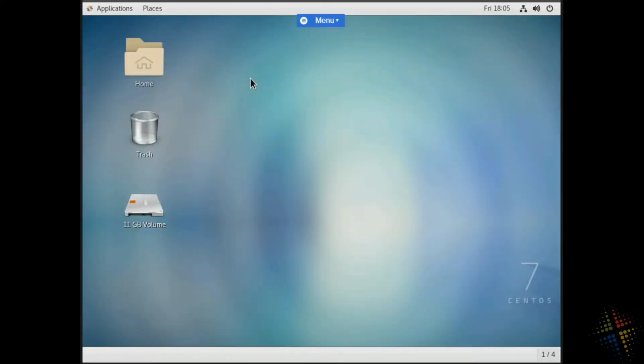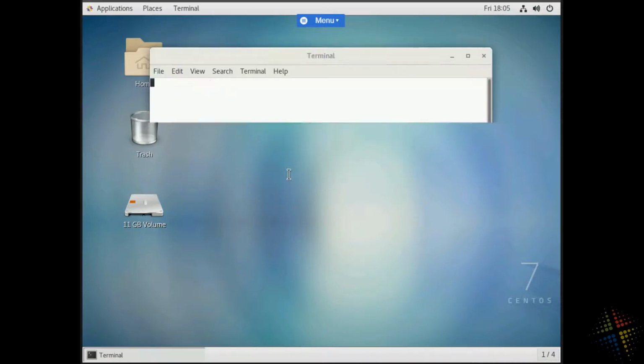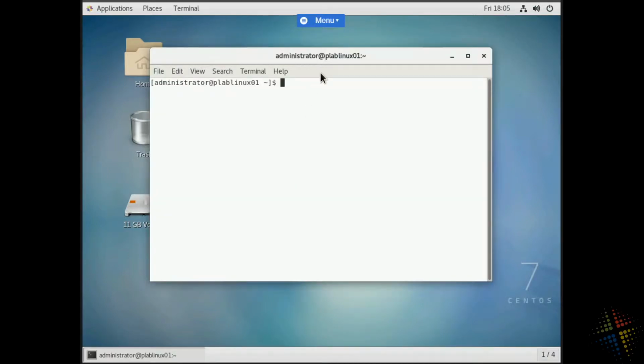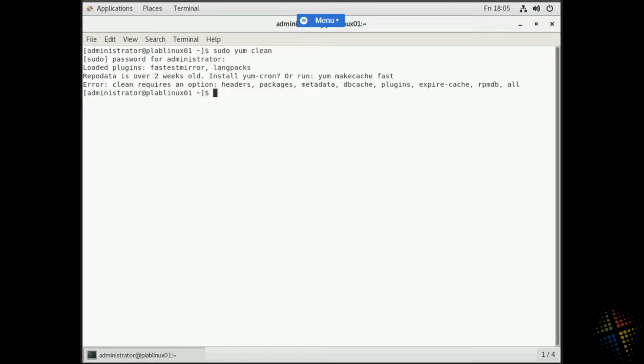So into my Linux machine, I'm going to start off by opening up a terminal. Everything runs under terminals. It is so great. And I'm just going to start off with a sudo yum clean. First thing I want to do is make sure that the local catalog is clean and up to date. Repos update. Okay. Then I'm going to do sudo yum install samba,